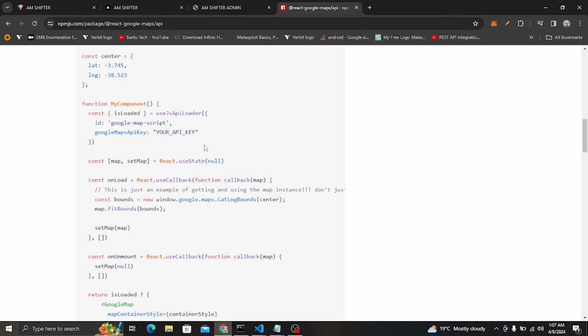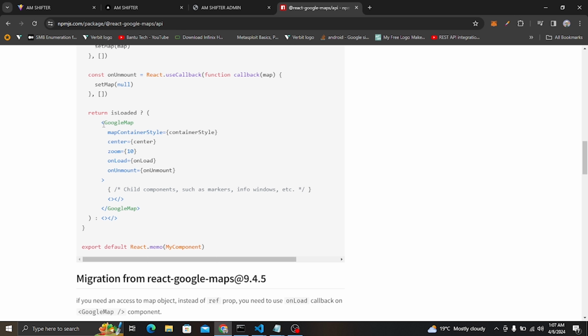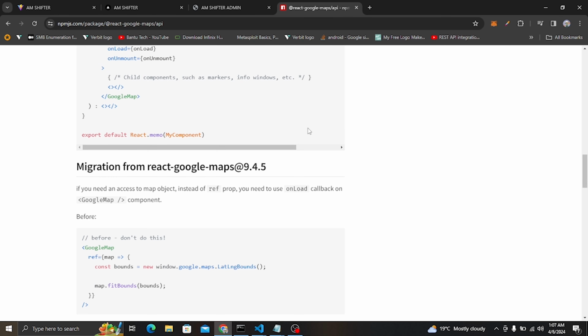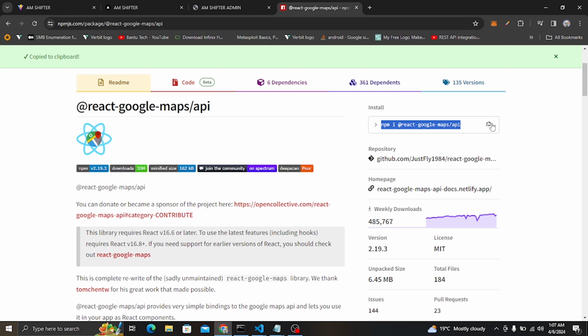So here also you can see how you can use the map. Here you can see Google Map. You can give these options: map container style, something of the sort. And also this is something that you'll be able to use, and then things like center, API, zoom, and things like that. So what I'll do is I'm going to come here and copy this like that, and in here in